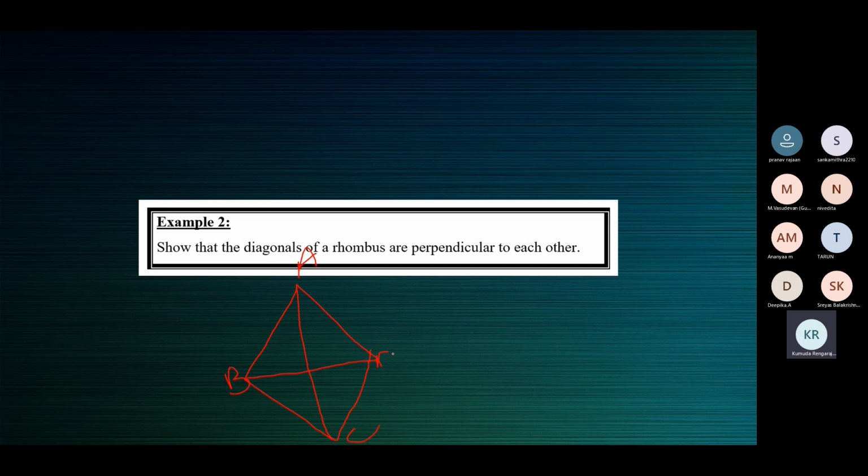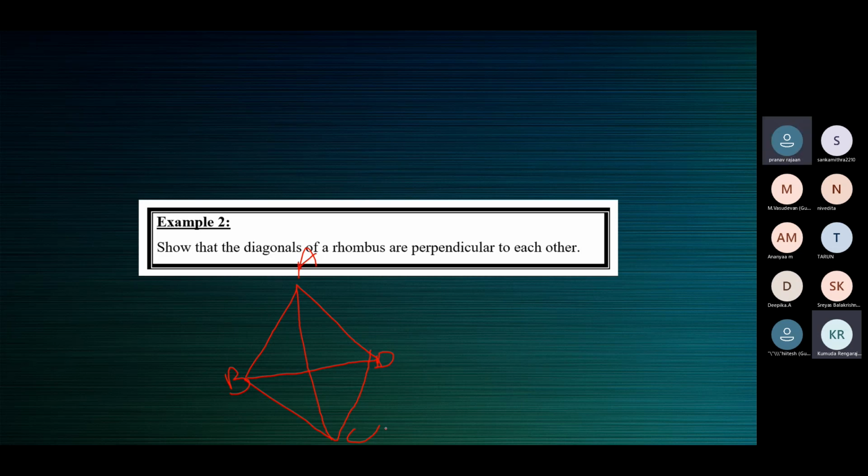What's the name of the rhombus? What have I named the rhombus? What have I marked along the vertices? No, darling, you're not getting my question. Like triangle ABC, what is the name? Ma'am, rhombus ABCD, ma'am. Okay, ABCD.